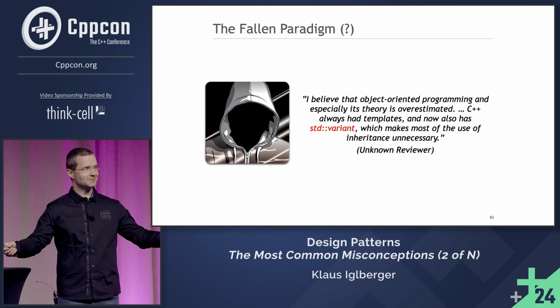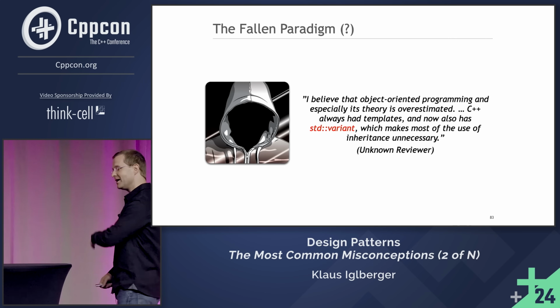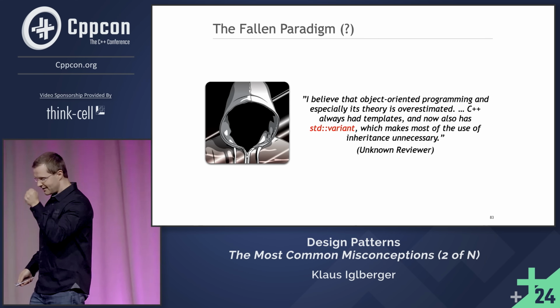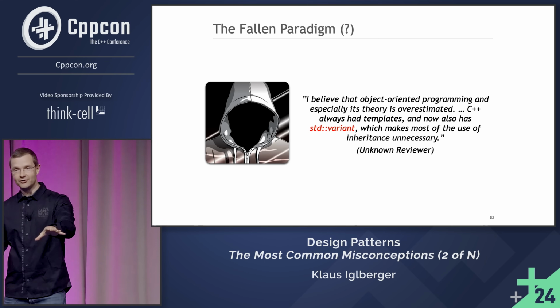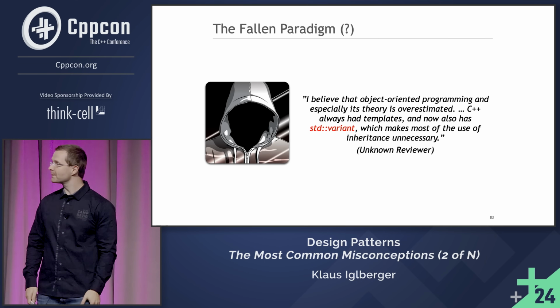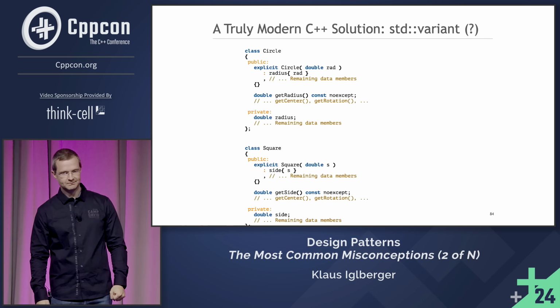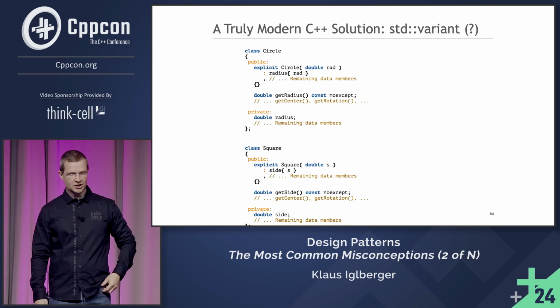That's it, right? That's the solution. No inheritance, a little container that can just store different kinds of things. That's it. So let's improve the code. Let's modernize the code. Let's implement everything by means of std::variant. So we're going to start by just